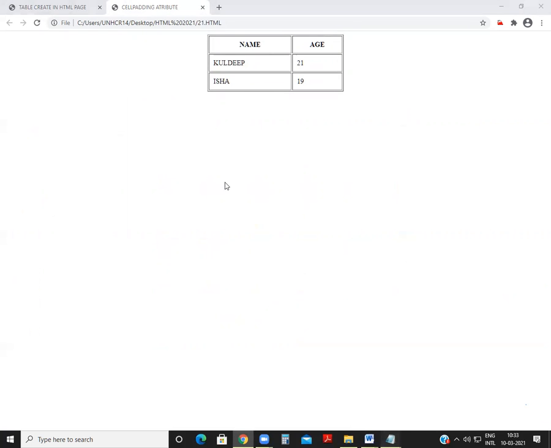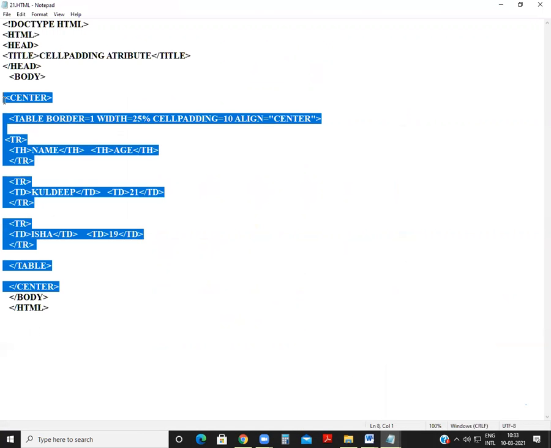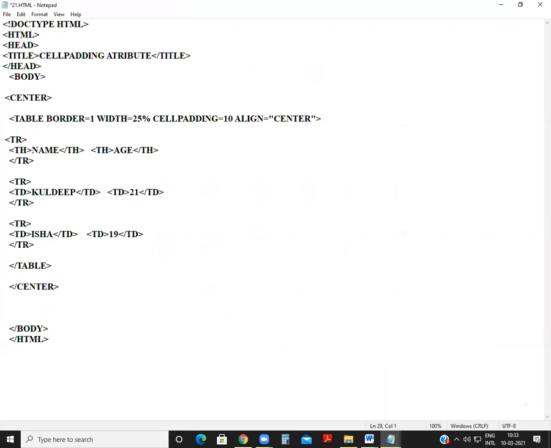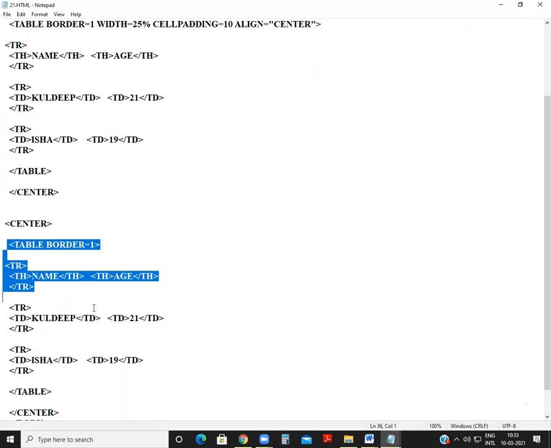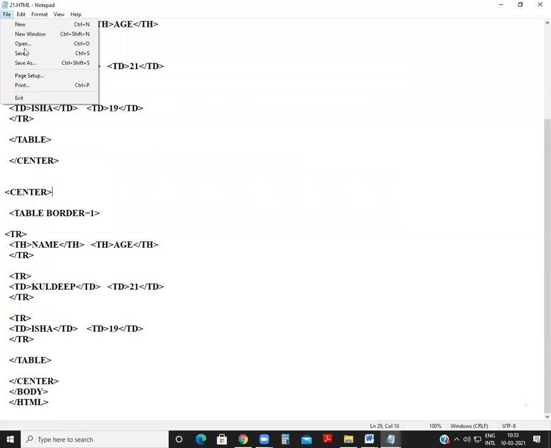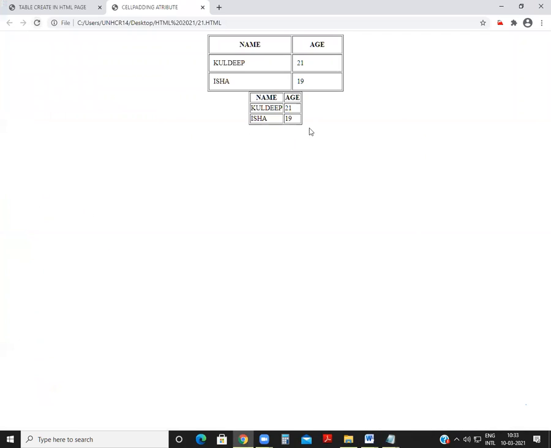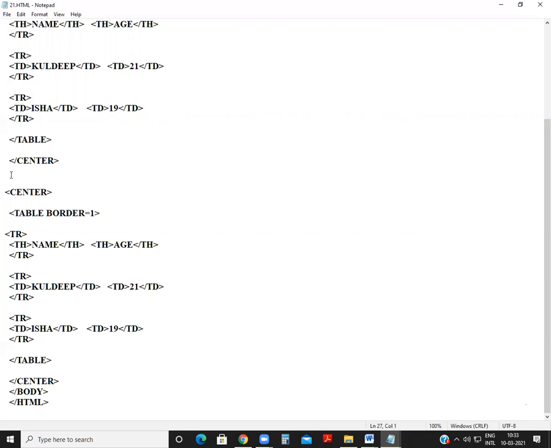This is the table, and now I am going to copy the same table again. I'm going to paste it here, and remove all this thing. This coding is for a table like we created before. Now see the difference. थोड़ा सा br tag कर देते हैं तो थोड़ा सा gap हो जाएगा. Need some br tag here.